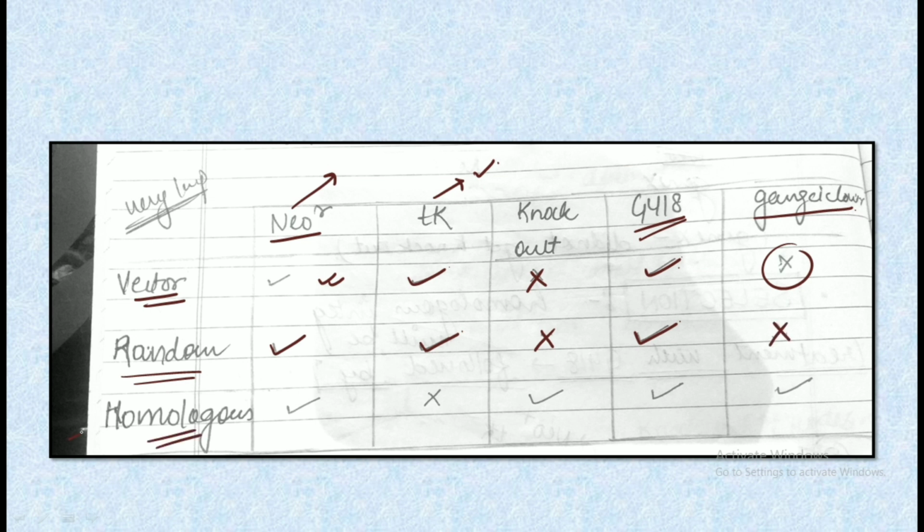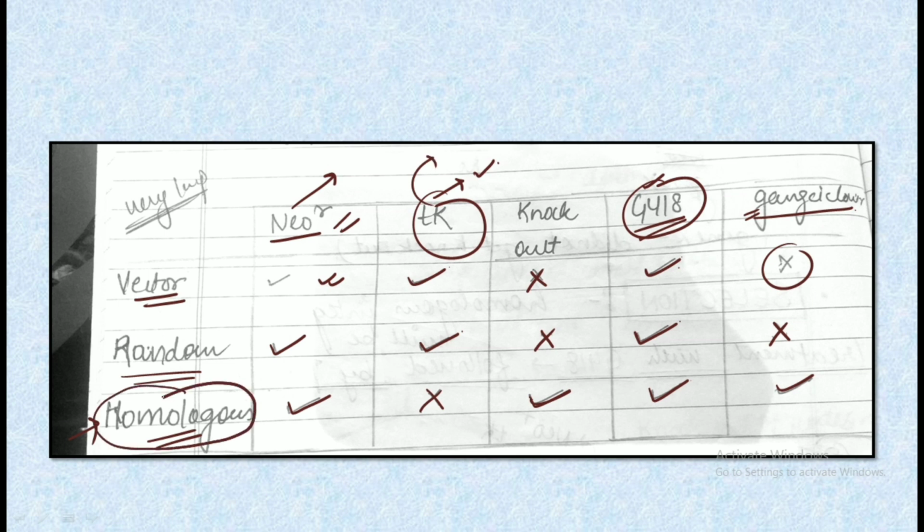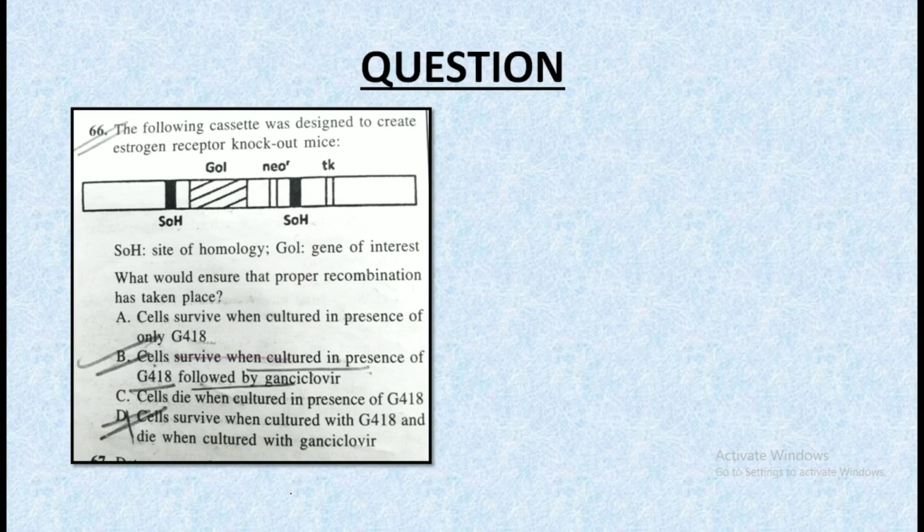And the third one is the homologous vector. So in the homologous vector we had the presence of the neomycin resistance, but the TK was not present, and also the gene knockout of the desired gene actually occurred in the homologous. And also on the G418 the homologous vector would survive. Why? Because of the presence of the neomycin, and on the ganciclovir it would also survive because of the absence of the TK. Hence the homologous vector or the result of the homologous recombination vector is the desired product of our complete experiment. So this was all about the complete topic of gene knockout.